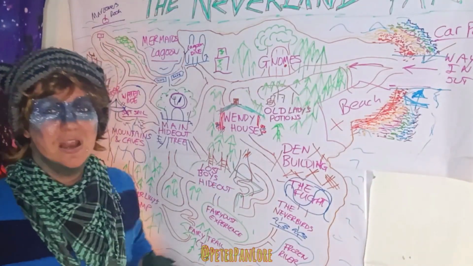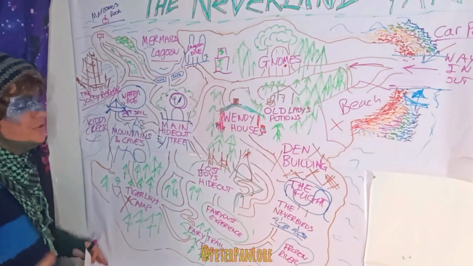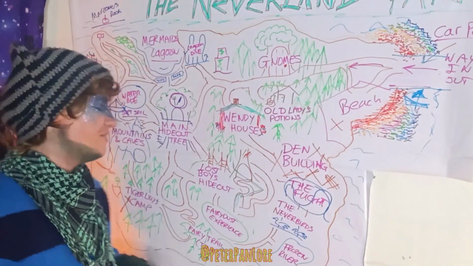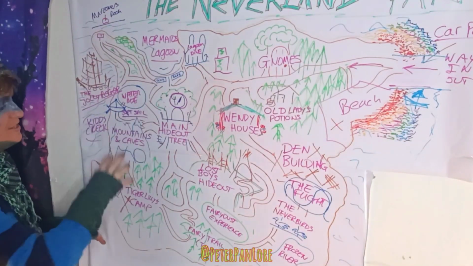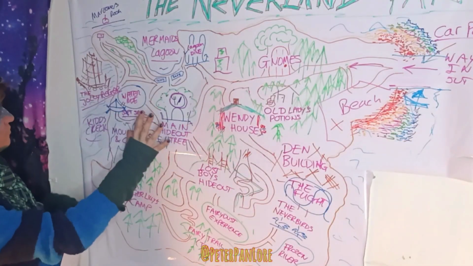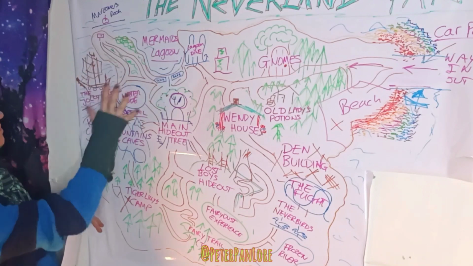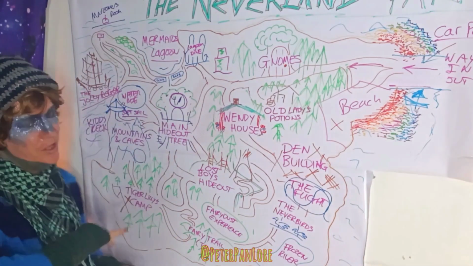you've got the Lost Boys hideout where you can see the Lost Boys and learn how to fight and have photos and you can see Peter and the Lost Boys, you've got Tiger Lily's camp where you can meet Tiger Lily and you can learn how to fight and to make things, and you've got the mountains and the caves where you can go climbing up in the mountains and you can go into the caves and you can see all the glistening treasure hoards, you've got Set Sail and the water ride, and you've got Kids Creek with the pirate with the Jolly Roger and you can go on the pirate ship,